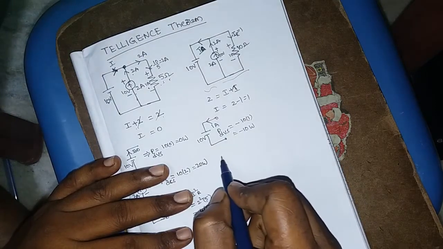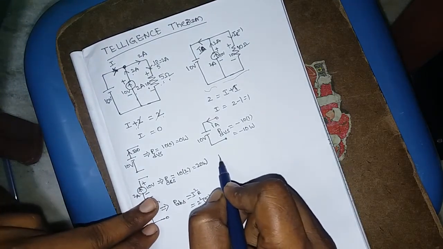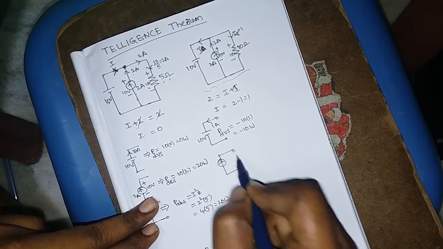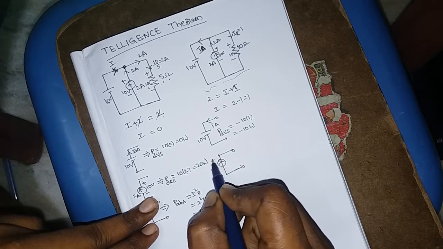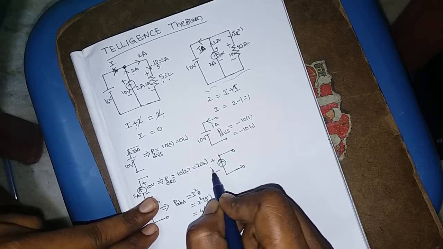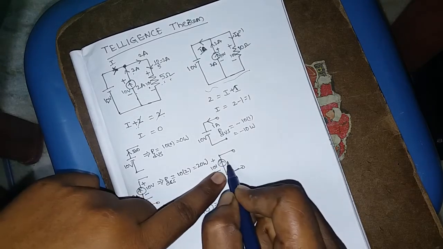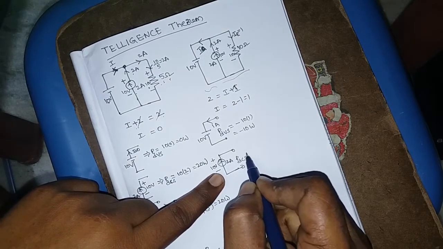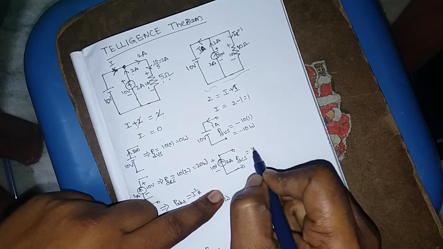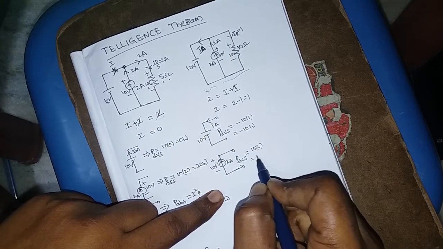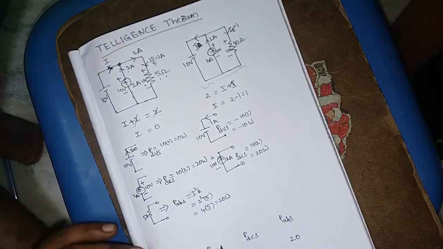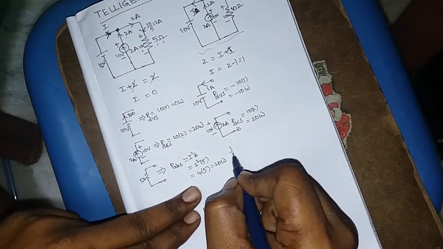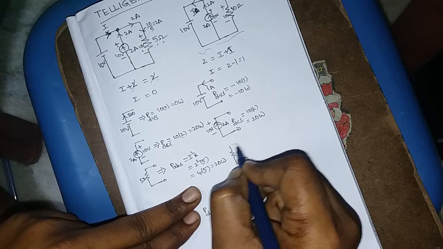Okay. Now the power delivered by the current source has no change. Here it is plus minus 10 volts. The value of the current source is 2 amps, and the power delivered by the current source is equal to 10 into 2, which is 20 watts. Now let us consider the power absorbed by the resistor.